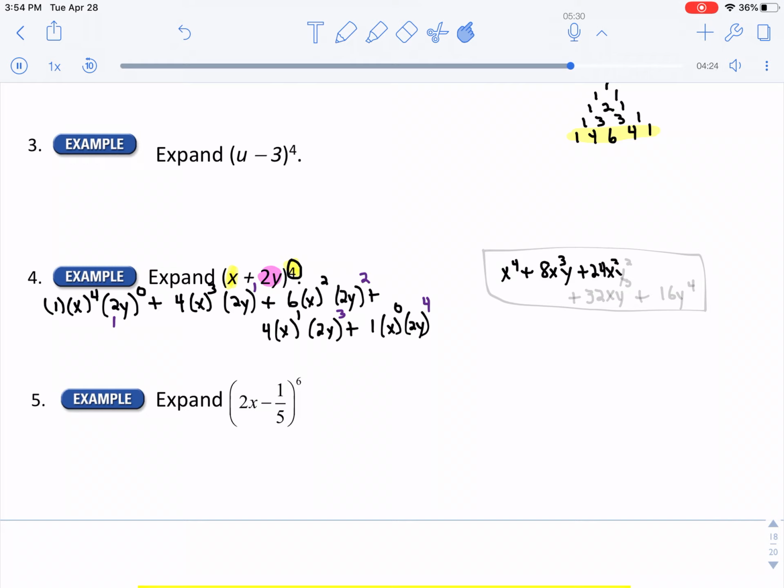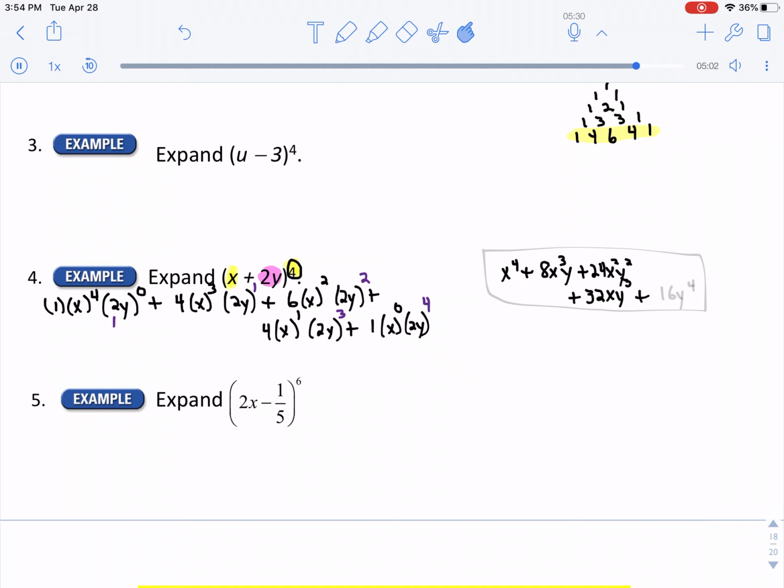x squared y squared. All right, my next term, these are kind of long, so I'm putting them down underneath each other. My next term, I'm ready for my 4 times x to the first power, times 2y cubed. So 2y times 2y times 2y. Well, that's 8y to the third power, but then I have to multiply it by 4, which gives me 32. So I've got 32x and then y to the third power, and then plus